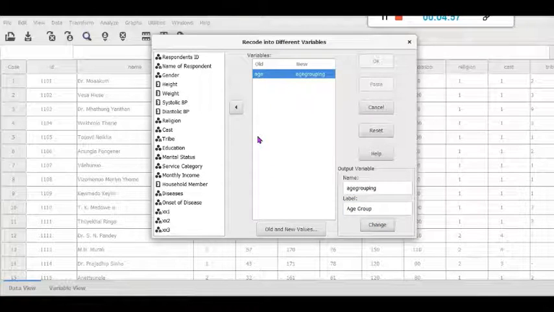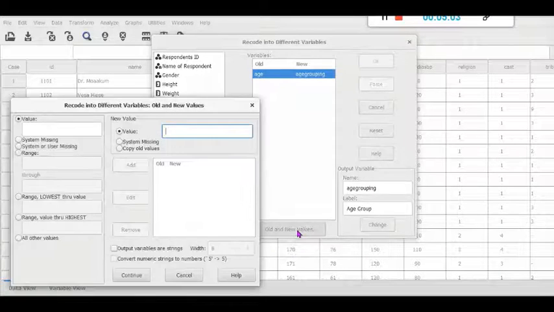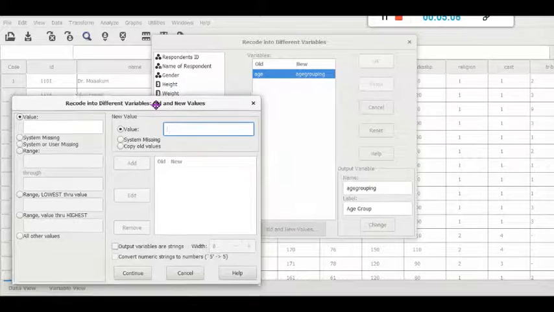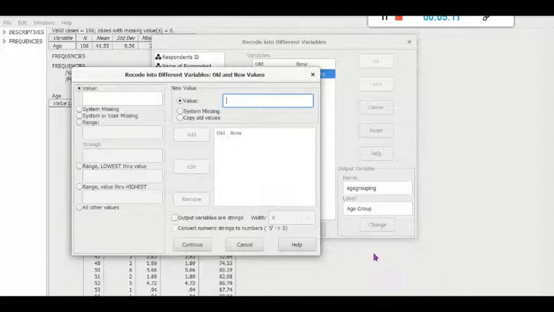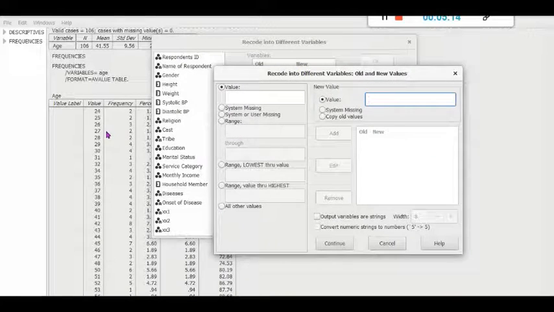Now we will transform the old values to the new values with this tab, old and new values. There we have seen that the minimum value is 24 years. If you have seen there, let us see the output file again. The minimum value is 24 and the maximum value is of course 60, because the retirement age is 60. Here the data are taken from our college staff, that is teaching and non-teaching. So retirement age is 60, so above 60 we should not get any value. That means the minimum value here is shown as 24 and the maximum will be 60.